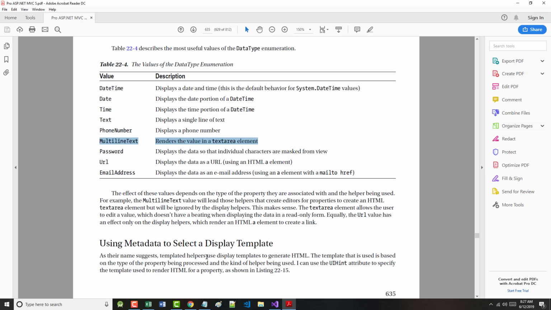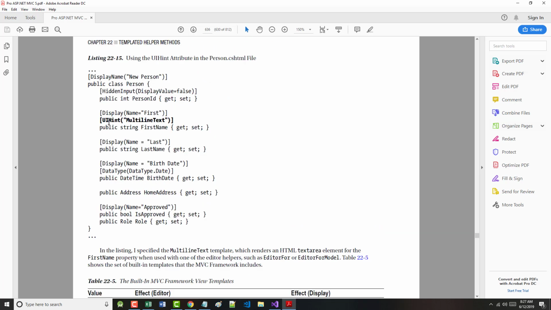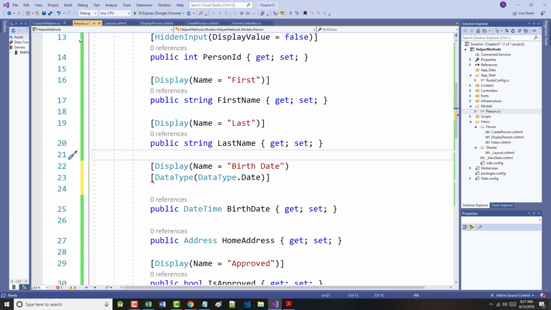Using metadata to select a display template. As their name suggests, templated helpers use display templates to generate HTML. The template that's used is based on the property being processed and the kind of helper being used. The author says you can use the hint property to specify what to render, as shown on the next page, where for first name, in the person.cs HTML file,